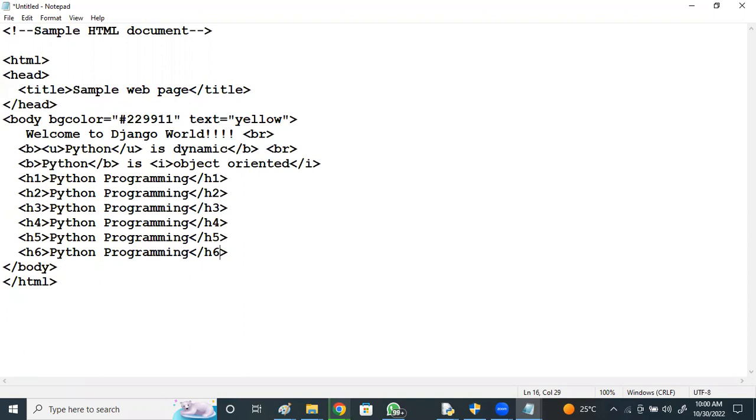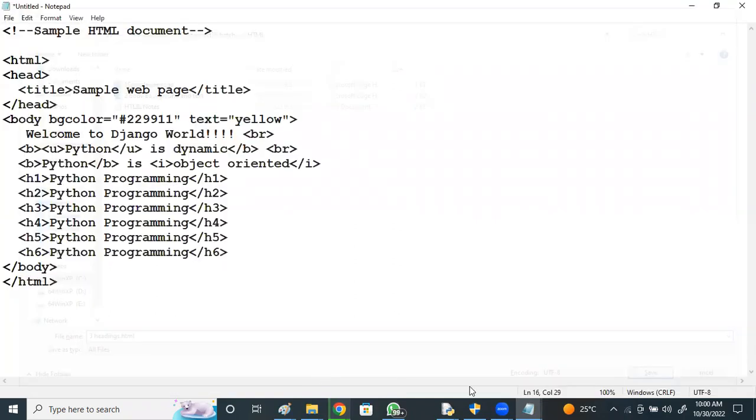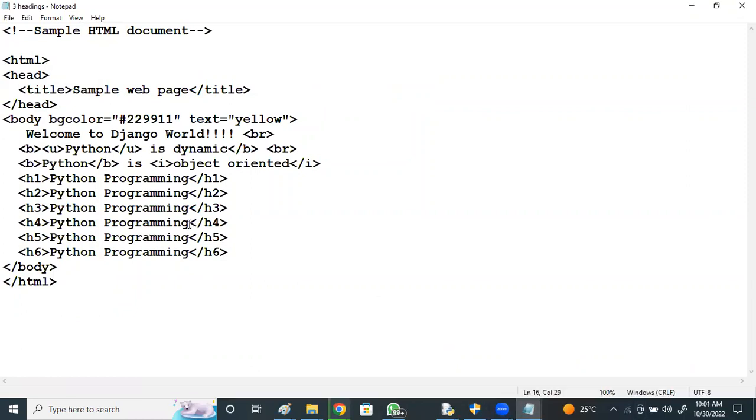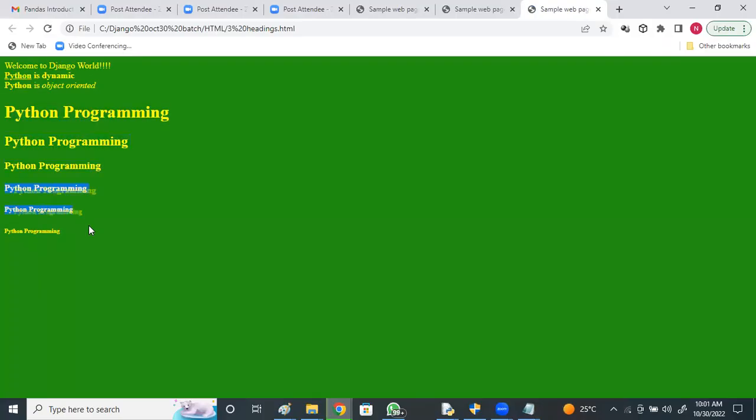Does indentation really matter here? H1, H2, H3, H4. Wow, you can see the difference from H1 to H6. Save as headings.html. Python programming, like this.